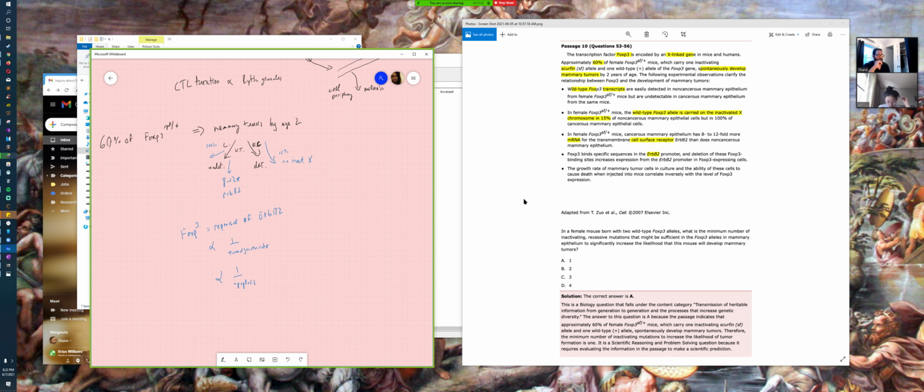Female mouse born with 2 wild-type FOXP3 alleles. Okay. What is the minimum number of inactivating recessive mutations that might be sufficient in the FOXP3 alleles in mammary epithelium to significantly increase the likelihood that this mouse will develop mammary tumors? All right, so wild type, okay. Minimum number of inactivating recessive mutations. So